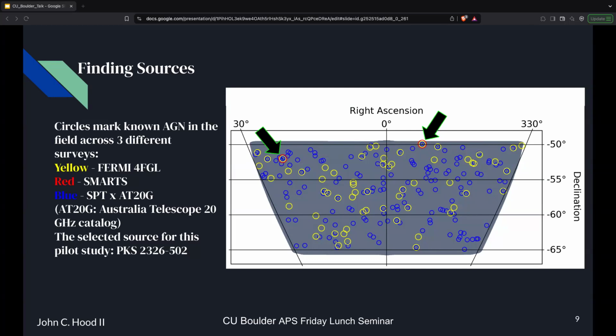One of my goals in having this remotely operated telescope was to have it operate with as little of a footprint as possible. All we have to do is turn it on, let it do its thing, download the data, and then turn it off in the morning. As long as we're able to keep that up, it shouldn't be too much of a power